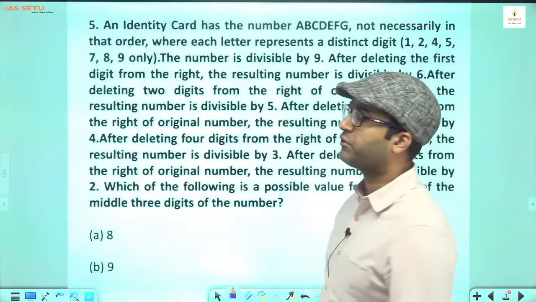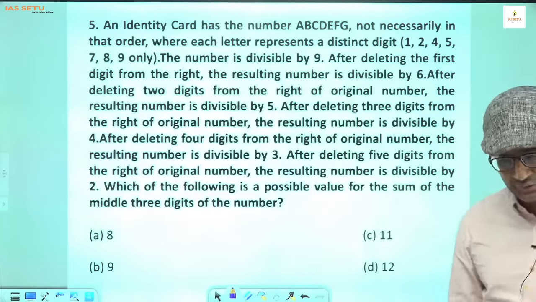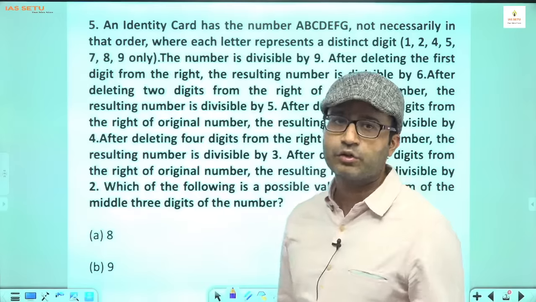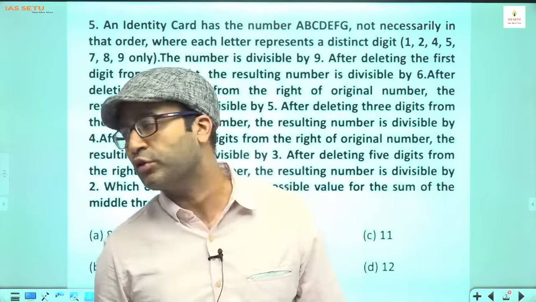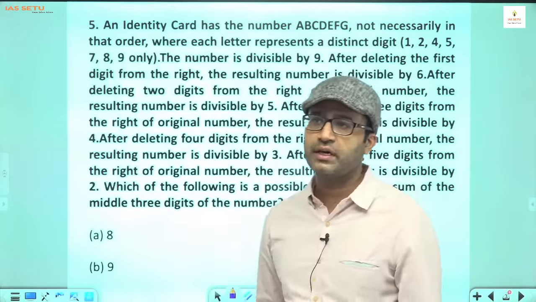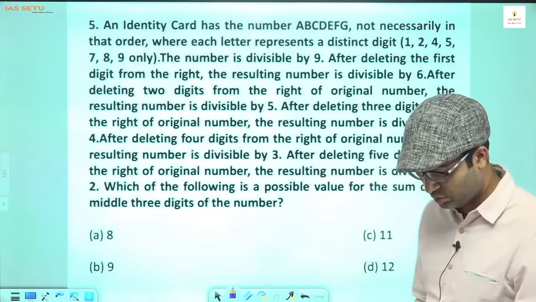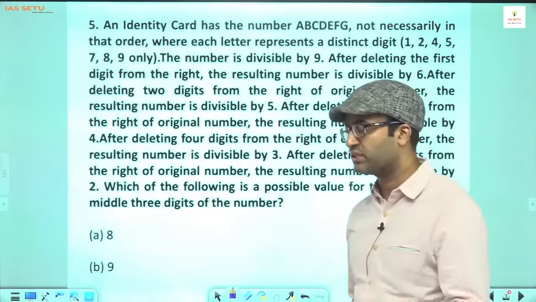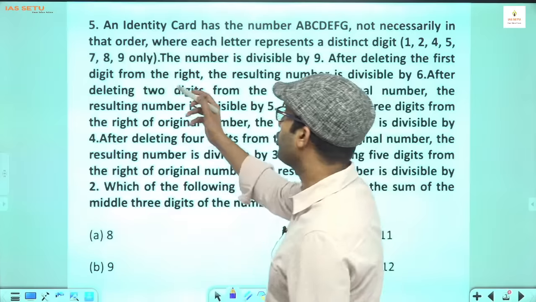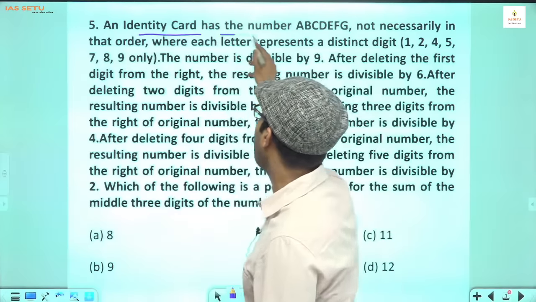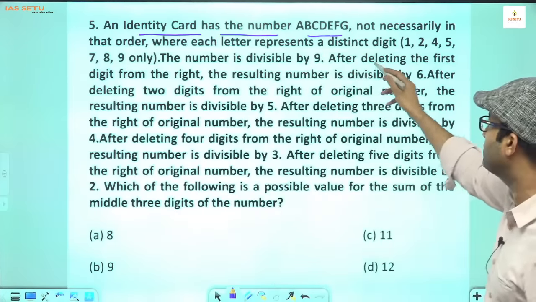Next is question number 5, difficult because it is very lengthy. As I told the students, if you find any question lengthy you can leave it, because we target 50 questions at the max. All 80 questions is really difficult to target in the paper. Question number 5 says, an identity card has the number ABCDEFG,